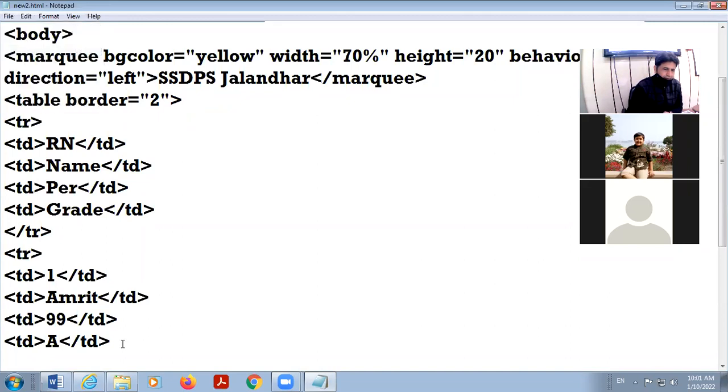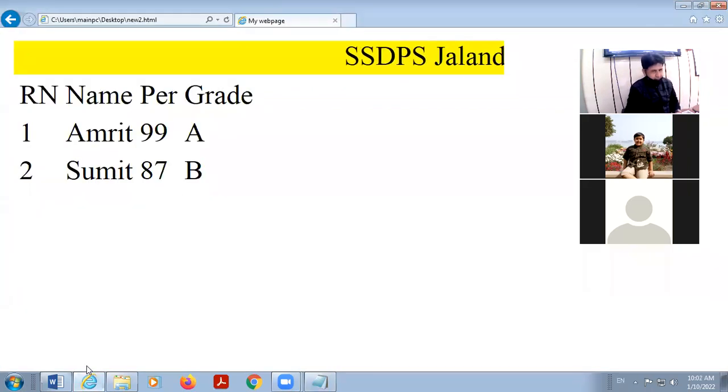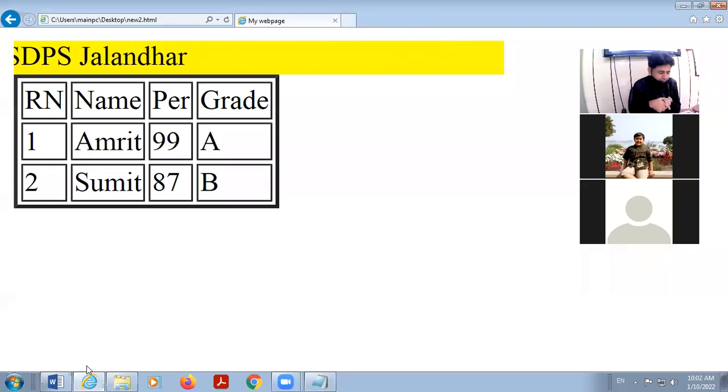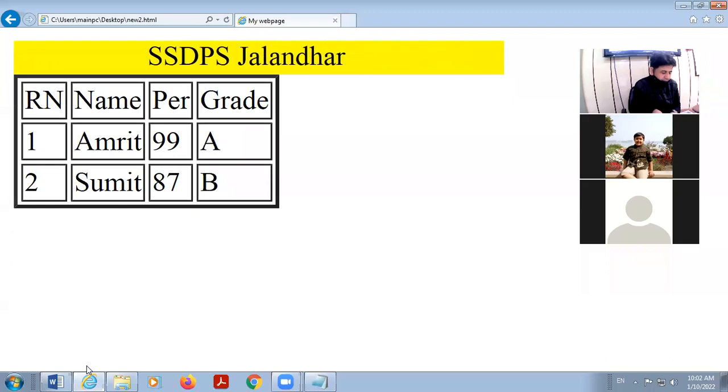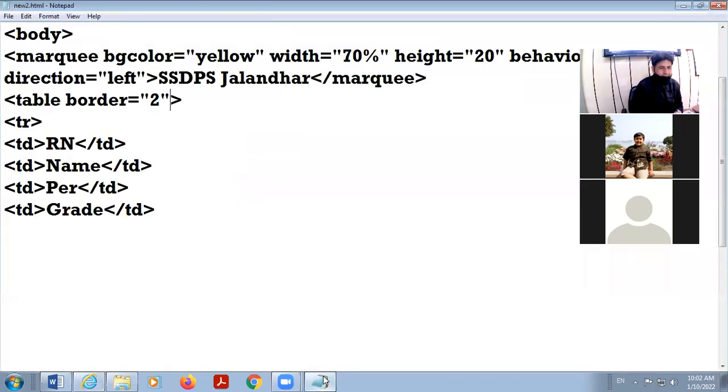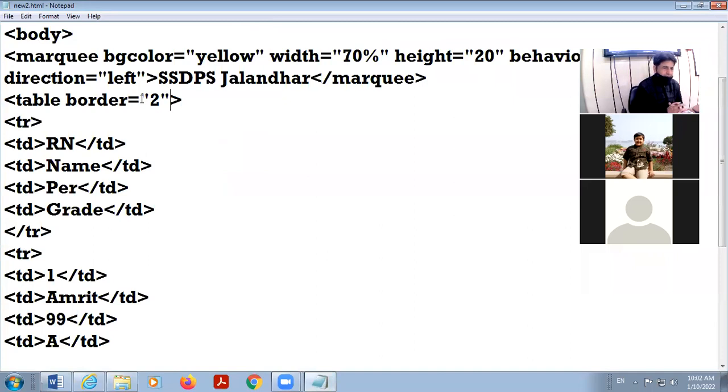I save this and refresh. So this is my table. So I discussed here, there is one attribute of the table tag that is called border. So I am giving here border 2.